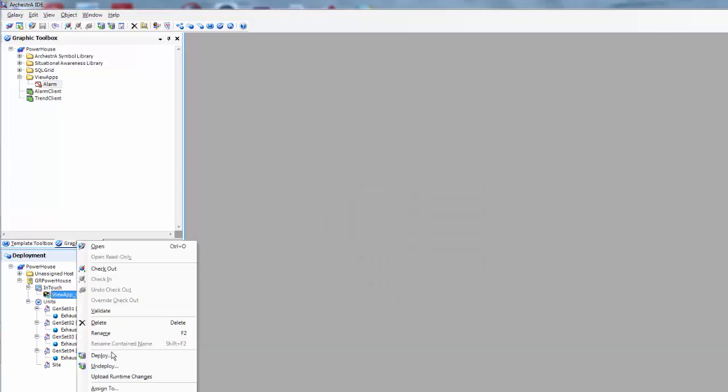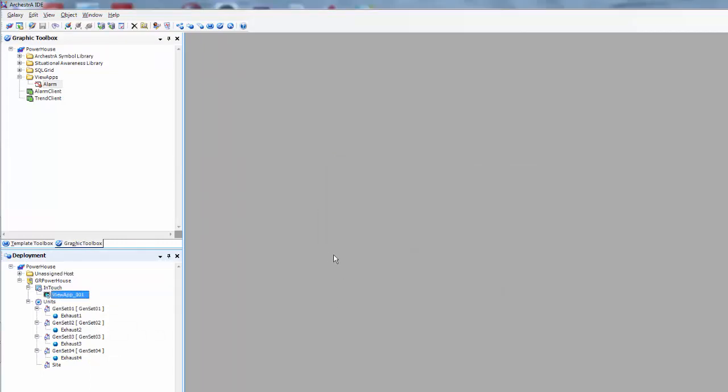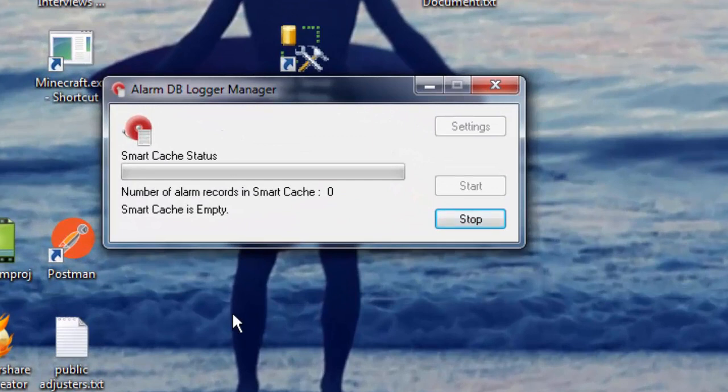Of course, anytime you make a change to a symbol that's embedded in a view app, you have to redeploy your view app. So now that I've established the layout and structure for my Galaxy, let's talk about some other things that need to be running. In this case, because we're using